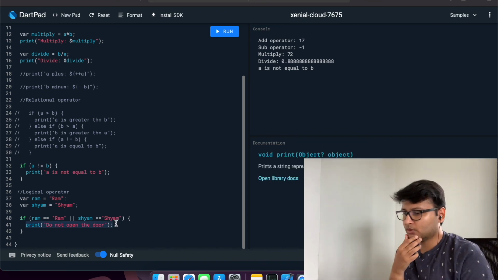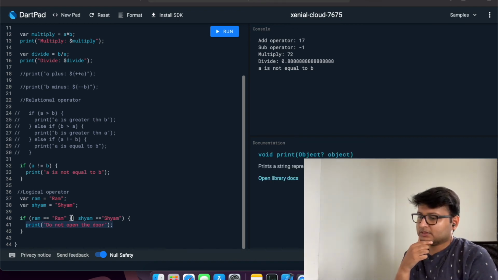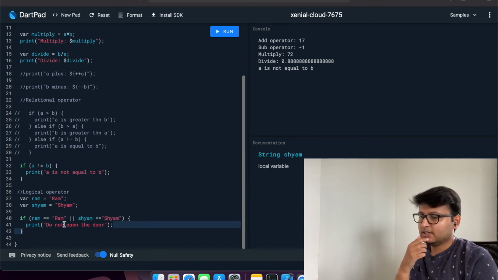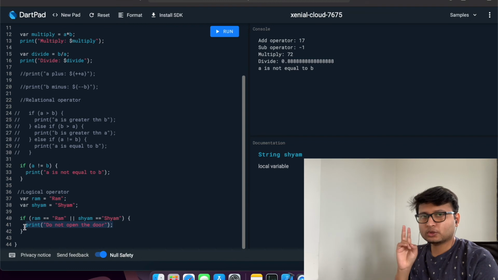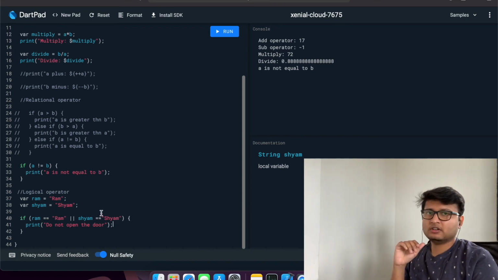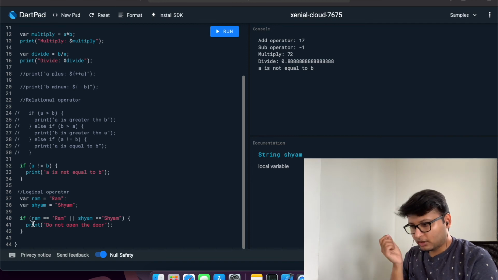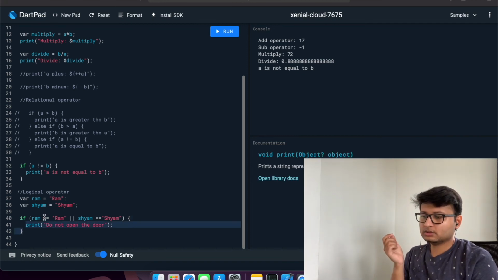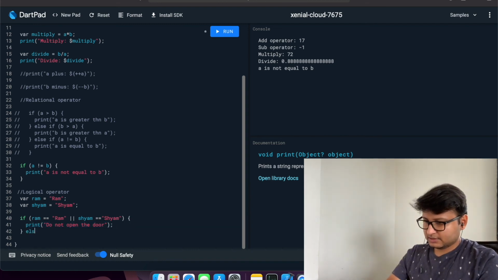Okay. So suppose this value is true and this value is false, then this will be executed. If this value is false and this value is true, then also this will be executed. Any of them should be true, then it will execute the condition. If both are false, then it will not execute. So in order to not execute this code, both the values should be false. Now the other one is,